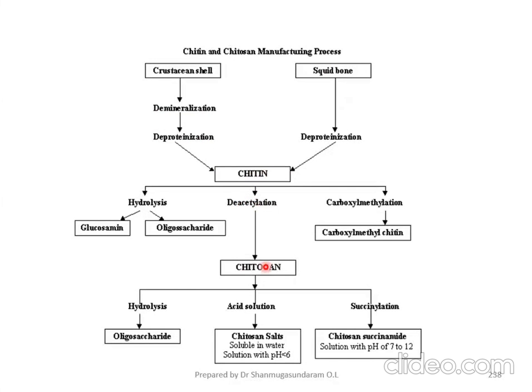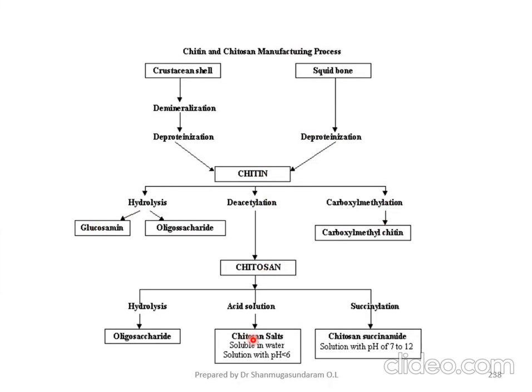Similarly, you can take squid bone. You remove the protein present in the squid bone. That process is called deproteinization. You get chitin polymer. Then you remove the acetyl group present in the chitin, and you get chitosan polymer. So these are all some of the derivatives of chitin. Okay. So chitosan,